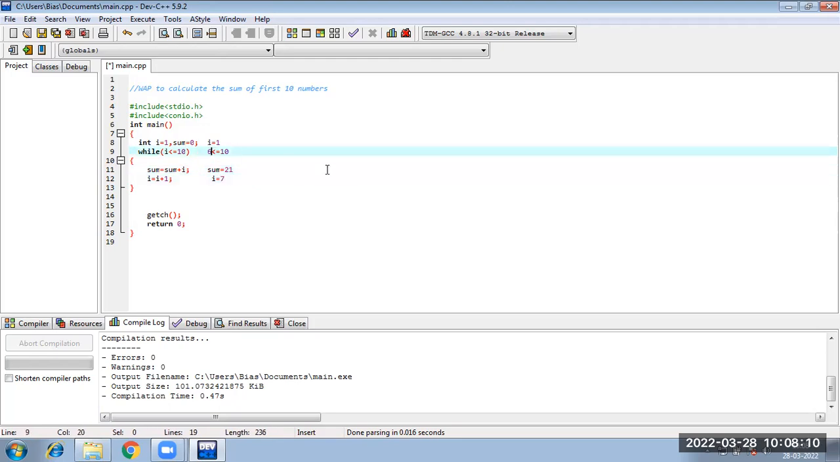बन जाएगा 7. फिर से is 7 less than 10, yes if it is true, सम के साथ 7 को जोड़ो, यहाँ पे मेरा बन जाएगा 28, यहाँ पे मेरा बन जाएगा 8. फिर से is 8 less than equal to 10, yes, सम के साथ 8 को जोड़ो, आई को जोड़ो, तो यहाँ पे मेरा बन जाएगा 36 और यहाँ पे मेरा बन जाएगा 9. फाइन. Is 9 less than equal to 10, yes, अगर है तो आई को